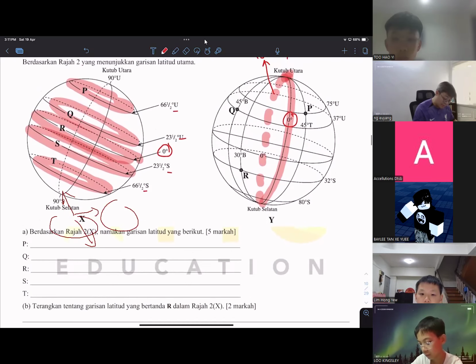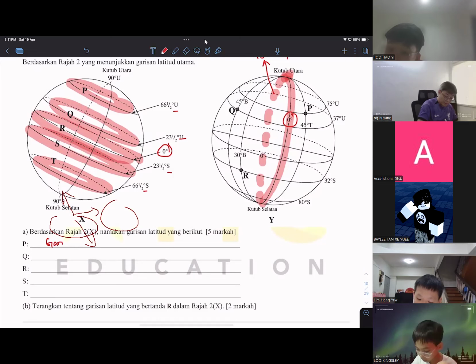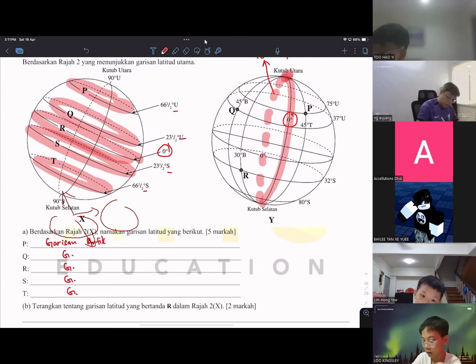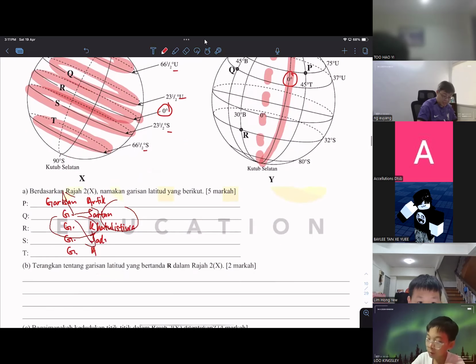So 2 marks, what is the garisan latitude? So for P, in exam, please write down garisan. So I'm just going to write down one time, garisan Arctic. So garisan Arctic is your P. So the remaining ones, I'm just using a dot. So Q is your ASK, right? S is Selatan. K is equator, Khatulistiwa. So J is Jadi. So the base, the foundation is longer, known as Antarctic.